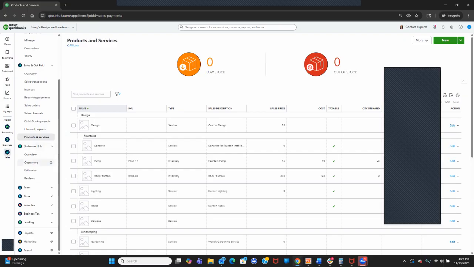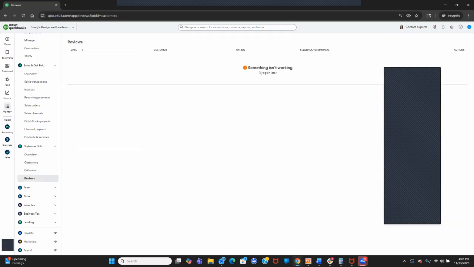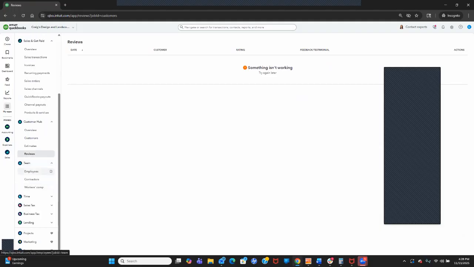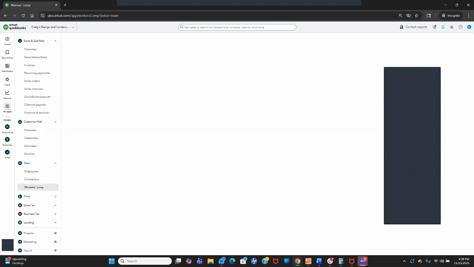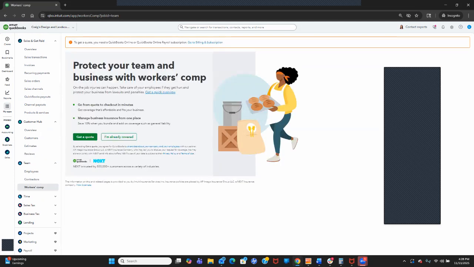Going back to the customer hub, your overview of your customers, your actual estimates, and then your reviews area, which it didn't let me before, so I'll just try it again. Yeah, it won't let you in the demo account, but you can. Your team is your employees, your contractors, once again, and then you do have the option of, again, it's a demo account, I can't really show it to you, but through QuickBooks, you can elect to get a quote